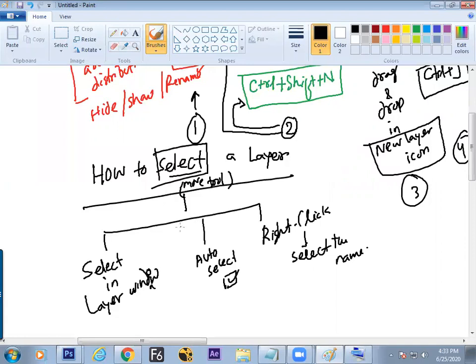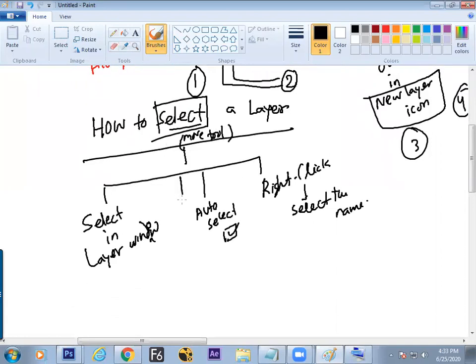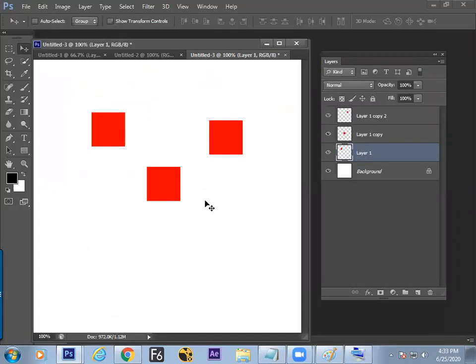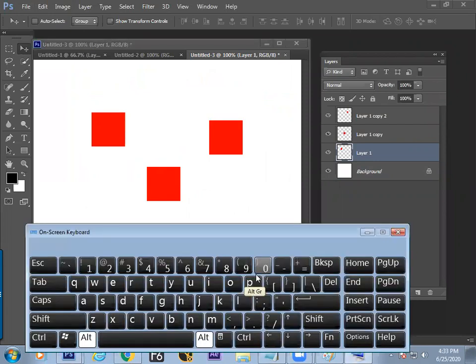Now the keyboard shortcut to select a layer. Next hotkey of the day. We can select any layers by holding the Alt button. By holding which button? Alt button. And using these 2 square brackets. It will select the upper layer and it will select the below layer.